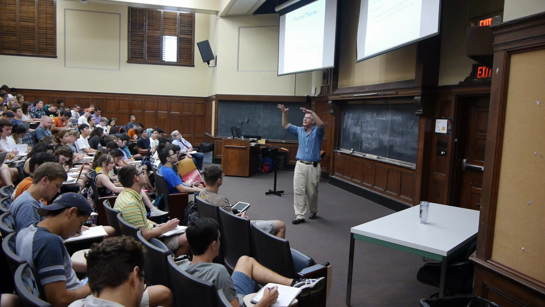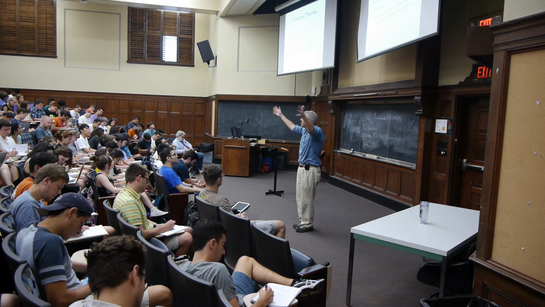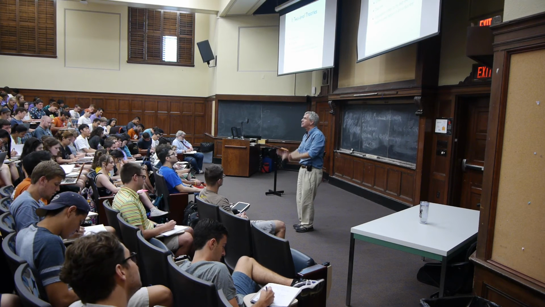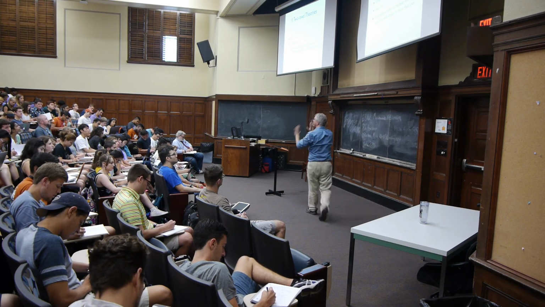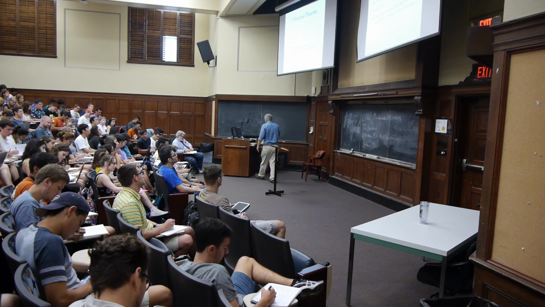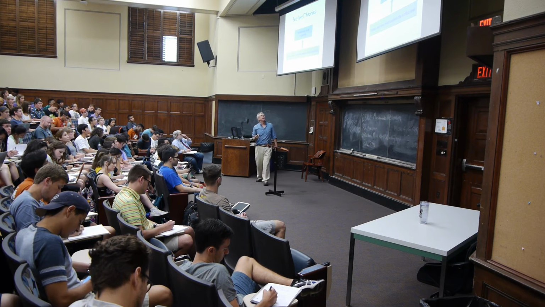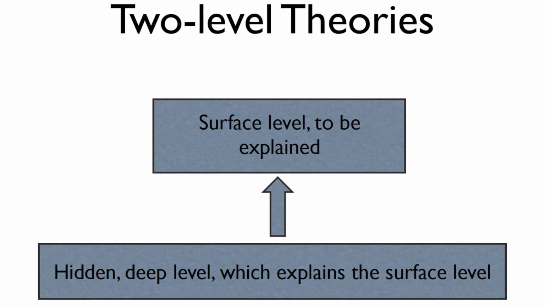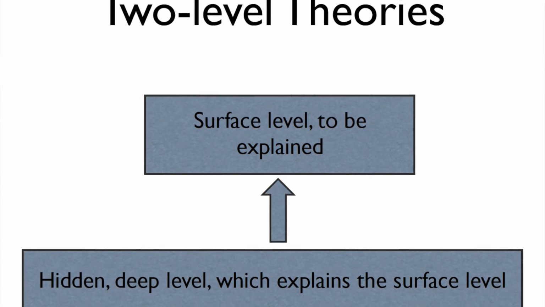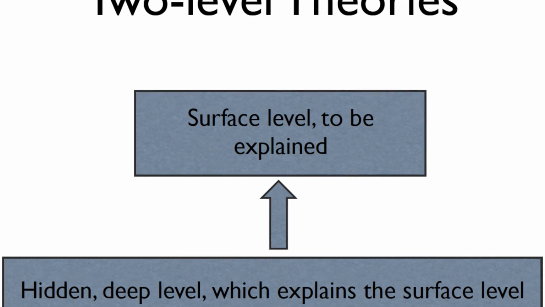But the idea really is that we've got this level on the surface of what appears, the level of things as they seem to be around us, but then there's this hidden deep level that's actually controlling the behavior of the objects, including people, at the more advanced level, at the higher surface level. So, we might depict it this way. There is this surface level, which is apparent to us, and the level to be explained, and then there is a hidden deep level that is explaining, according to the theory, that surface level.